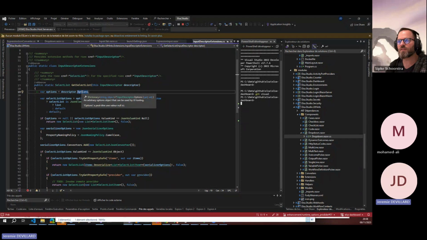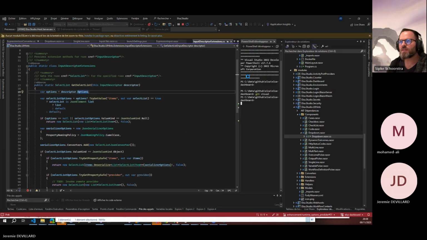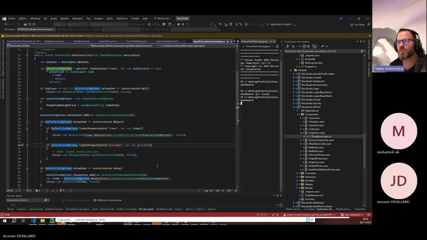Yeah, because on the server side, we just need to get the information about what we can have. So just an array or a list of select list items, and we don't need this one. Or if you go back to your previous document, yes, there's another thing. If you look at line 44 together with line 39, notice that from these options, it's trying to